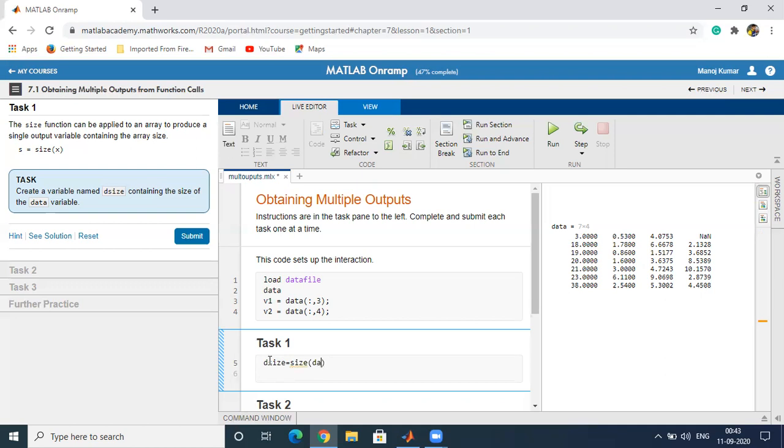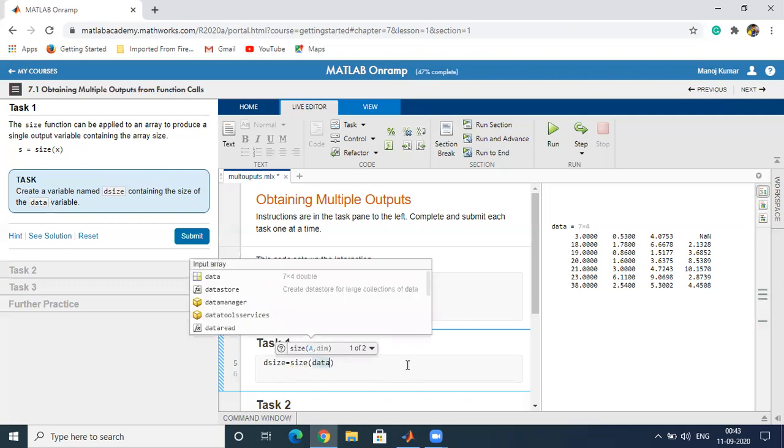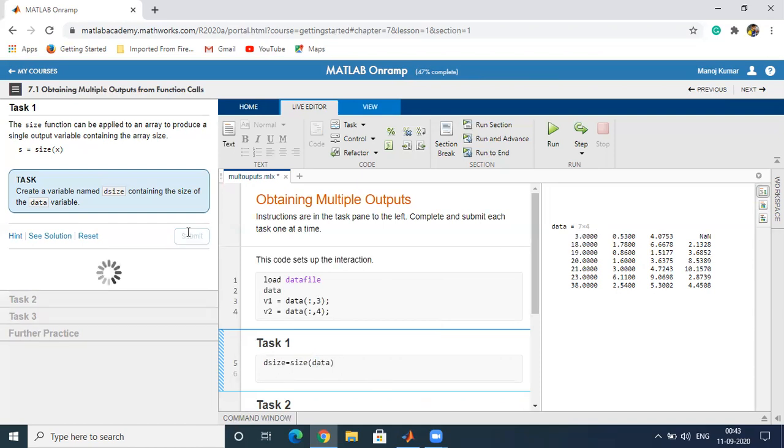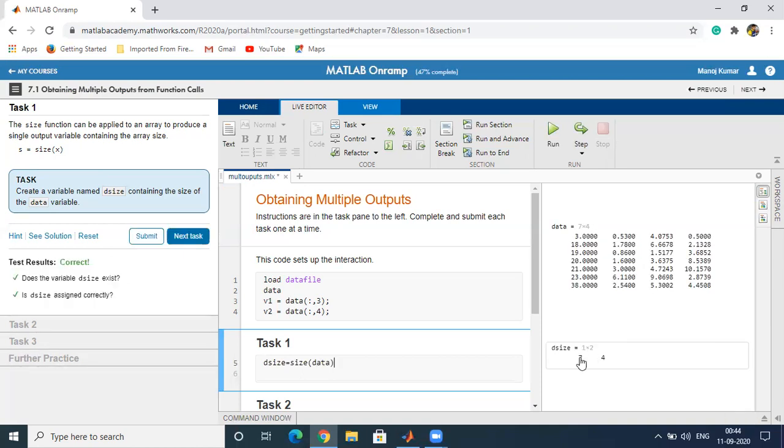Now what will be the output? It will be a row vector which contains two elements. The first element is the number of rows, that is 7, and the second element is the number of columns, that is 4. You can see in the output that dsize is a row vector with the first element being the number of rows and the second element being the number of columns.